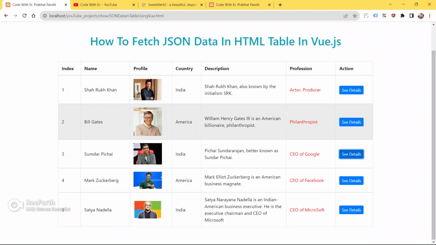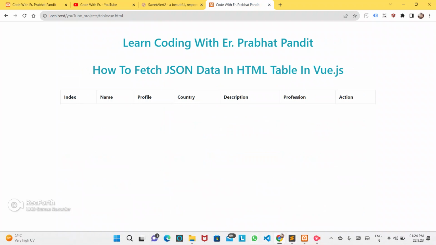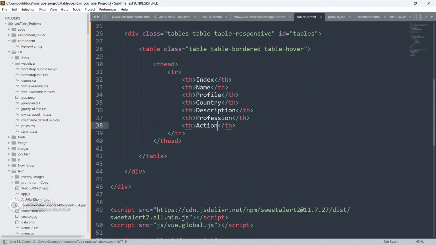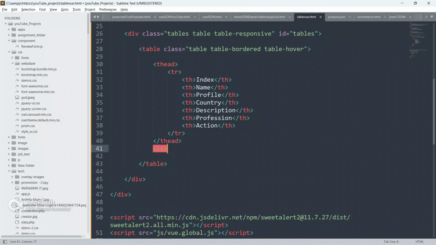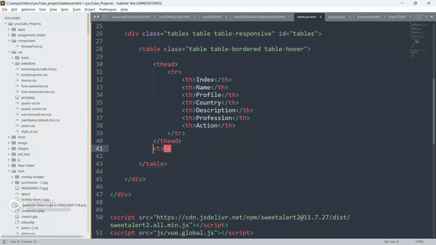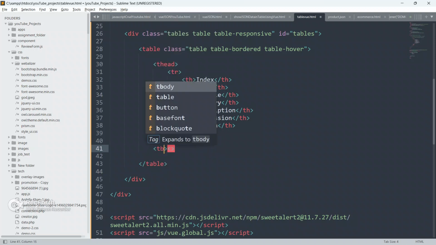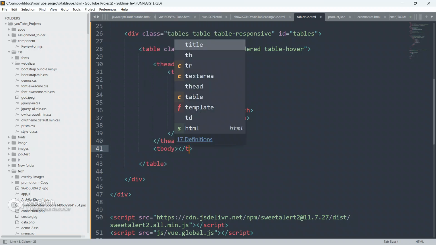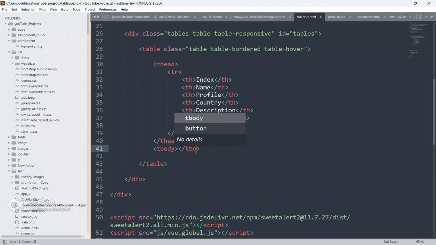As you can see here, all the details will be populated by using the v-for directive in Vue.js. So just go to the code editor again. Now below this thead I am gonna create tbody first, and close this tbody first so that we won't encounter any error or open tags.